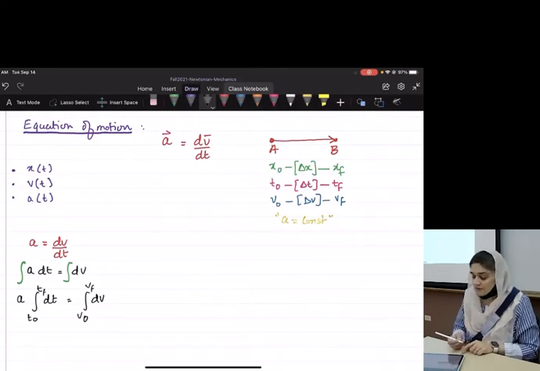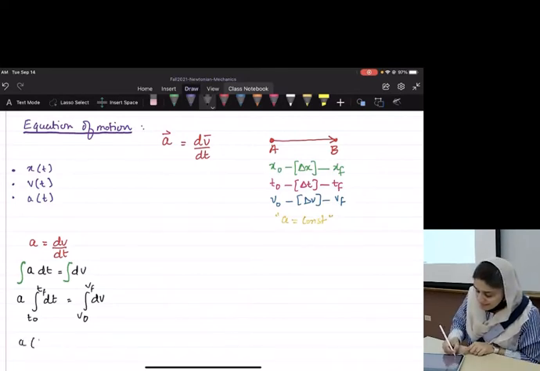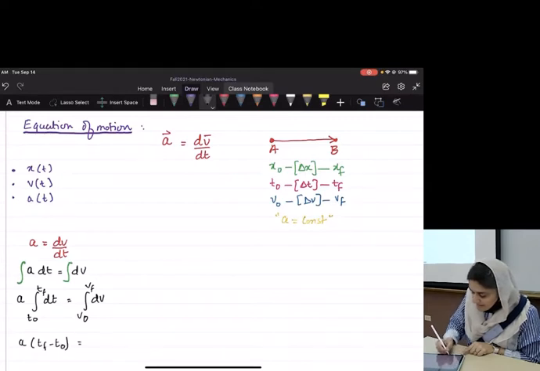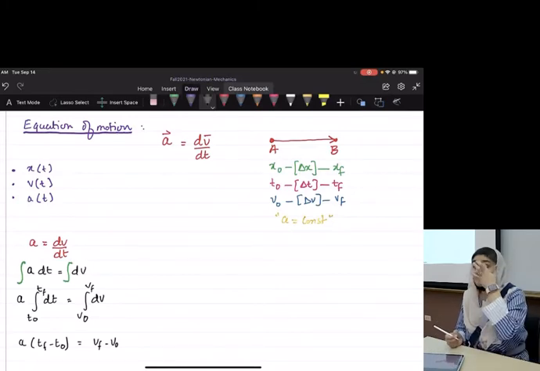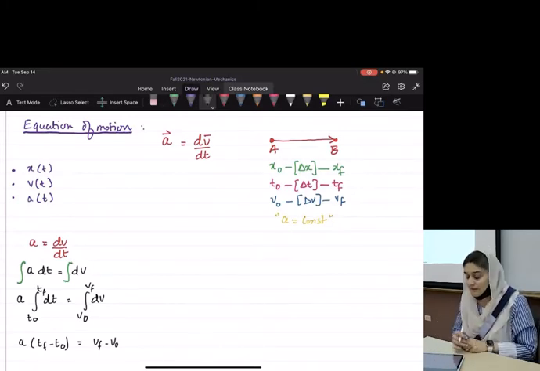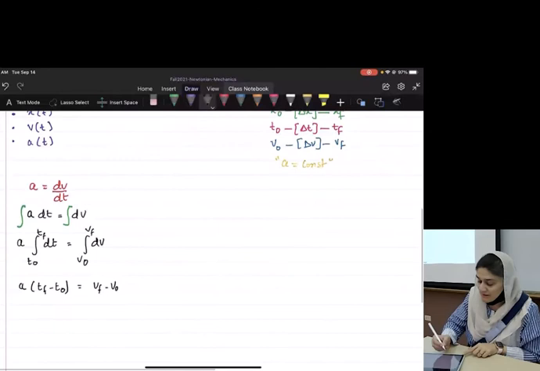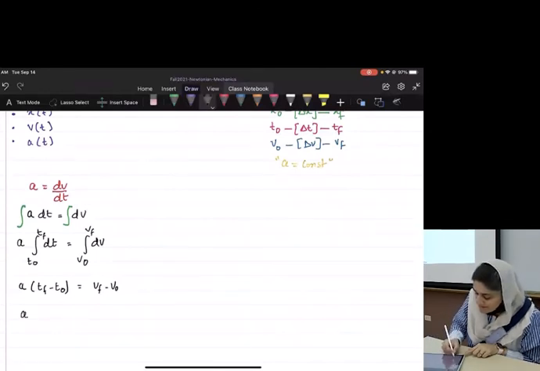Good. On my right side, will I get? Is that an equation I will develop? Yes. Okay. So in general, you will see this equation written as